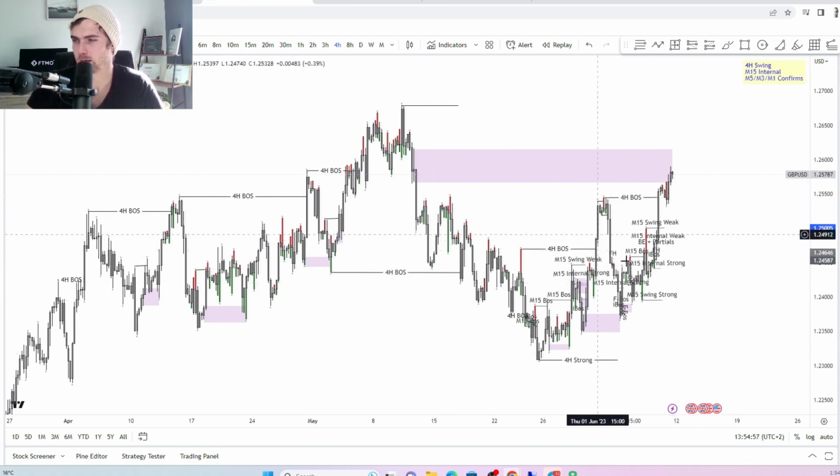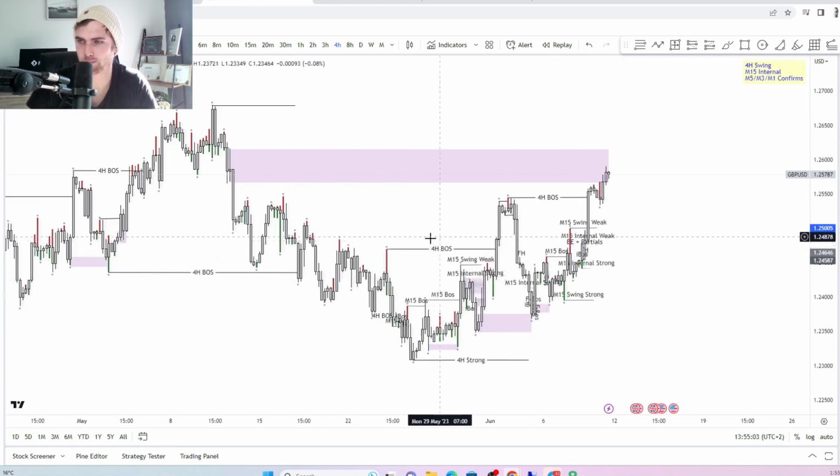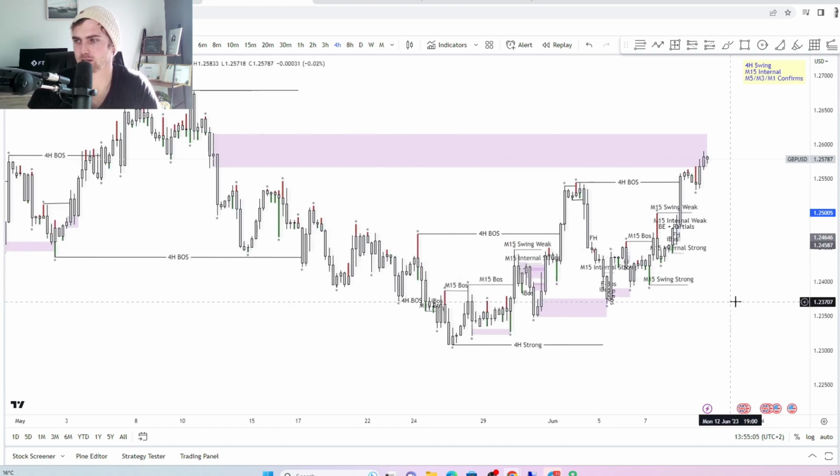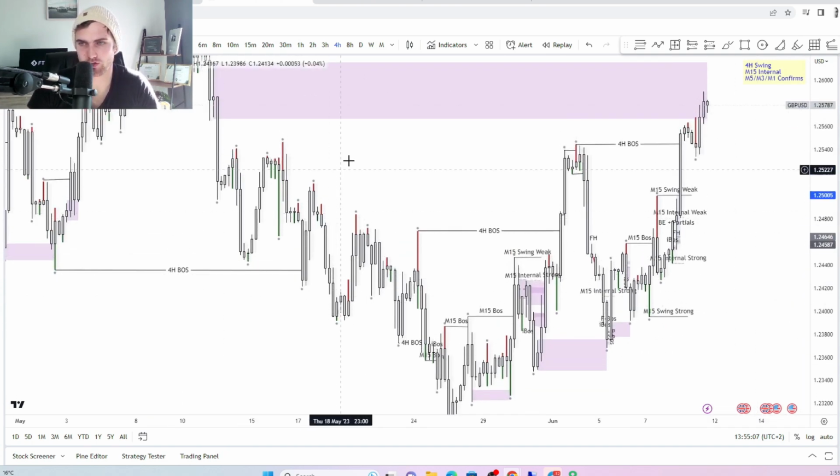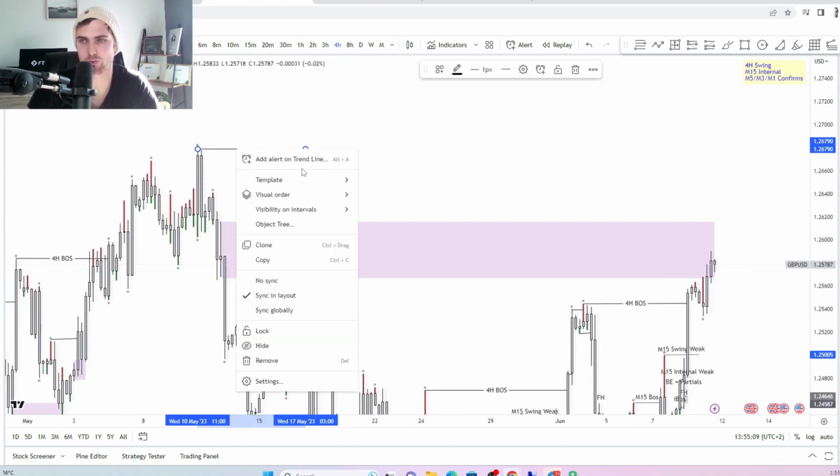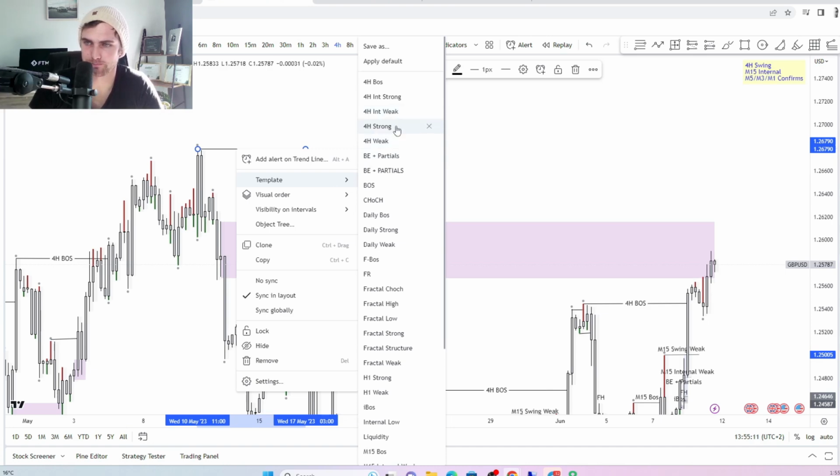Just ignore all of these labels over here. I know this looks like a lot. That's because I've got a lot of labels on the lower time frames as well, but we will cover this now. So after price had that 4-hour break of structure to the downside caused by this new 4-hour swing strong